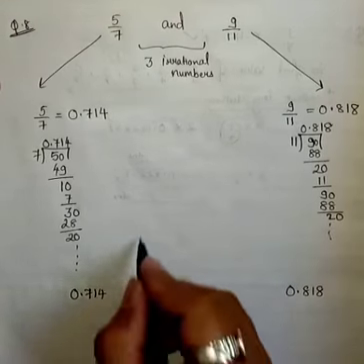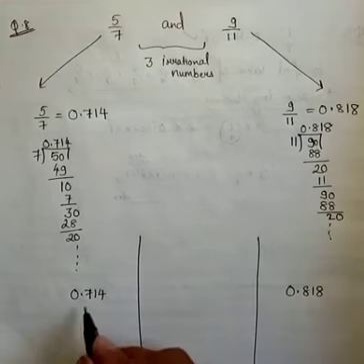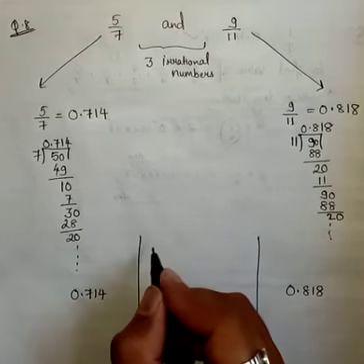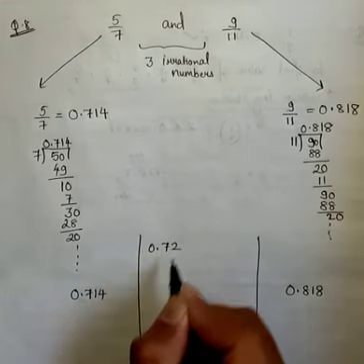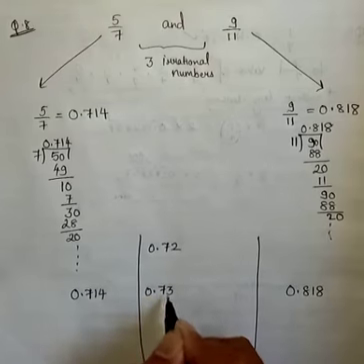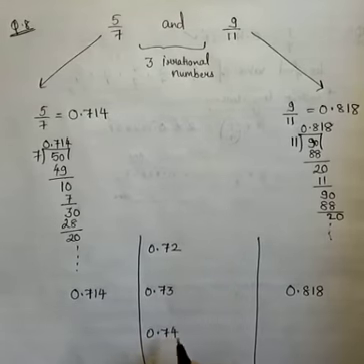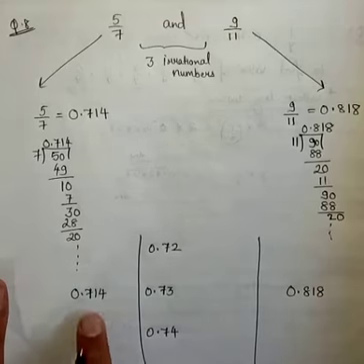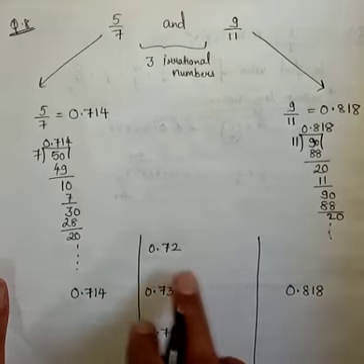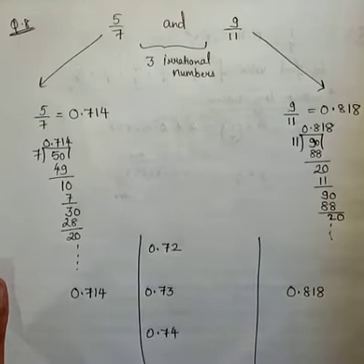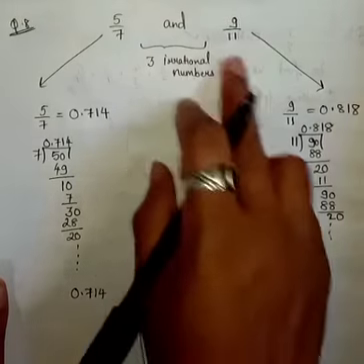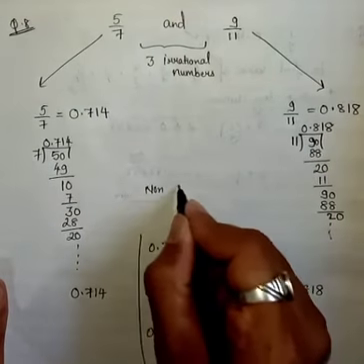तो 0.714 और 0.818 के बीच में आपको 3 इरेशनल नंबर लिखने हैं। तो 0.71 और 81 के बीच देखो हम नंबर ऐसे स्टार्ट कर लेंगे, 72 होता है, 73 होता है और 74 होता है। ये हमें मिल गए 3 नंबर, 71 था स्टार्टिंग में और यहाँ 81, तो हमने लिख दिया 72, 73, 74। अब इसके साथ आपको बना देना है इनको इरेशनल, यानी नॉन टर्मिनेटिंग बनाना है